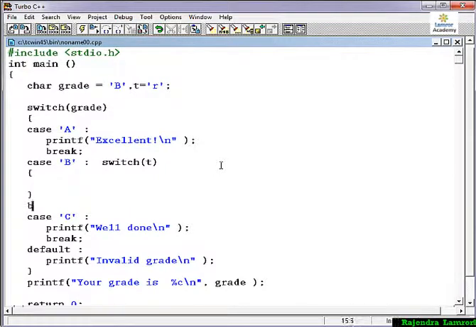At the end of each variable I put the break condition. If we match with r, then we will print something here.